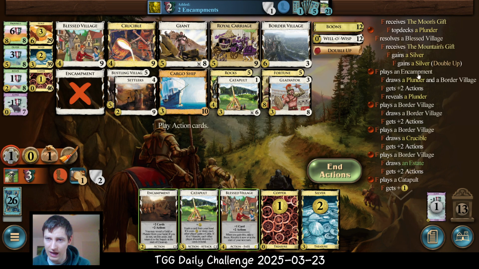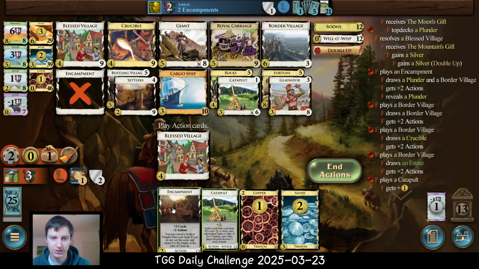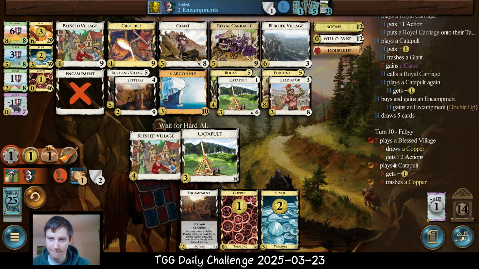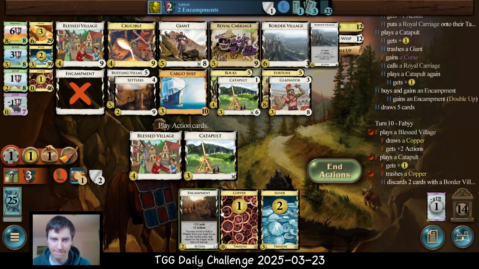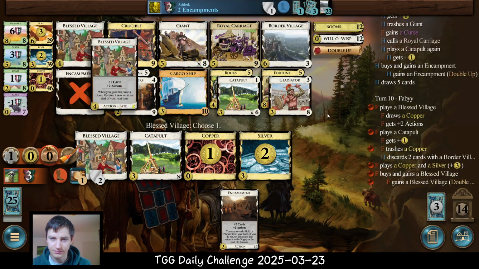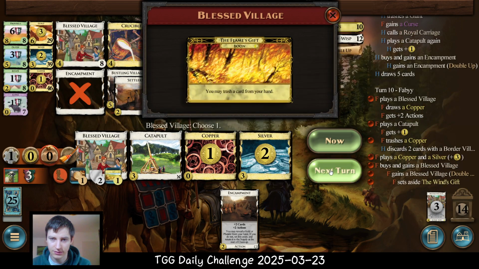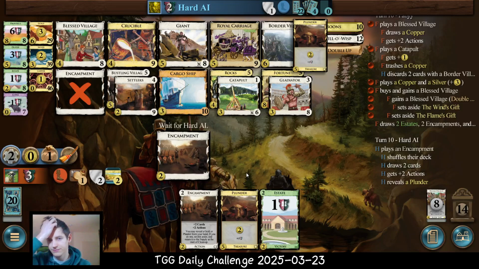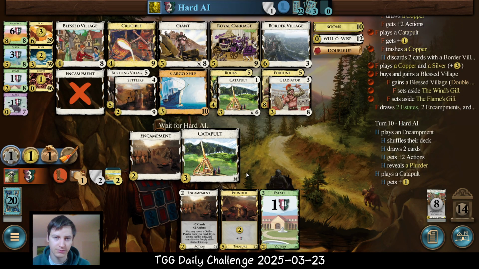Because no, we gained 2 silvers because of double up. I didn't think about this. Shoot. And here, let's keep the encampment just to not give it to the AI. And we could go for double Blessed Village again. Next turn, that's good. I think we might not be able to make use of it if we are catapult